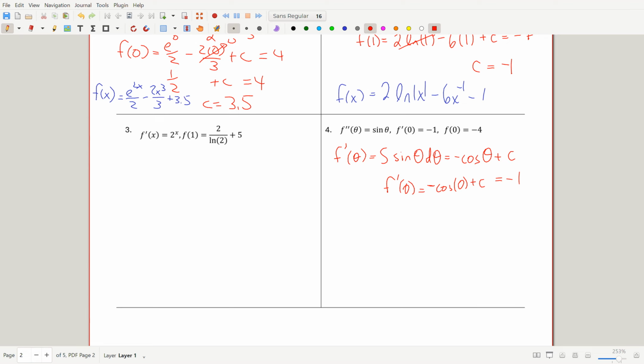So the negative cosine of 0 is negative 1. So I have negative 1 plus c is negative 1. So this c is 0. Yep. Boom. So it does turn out that in this case, the integral of sine theta d theta is actually